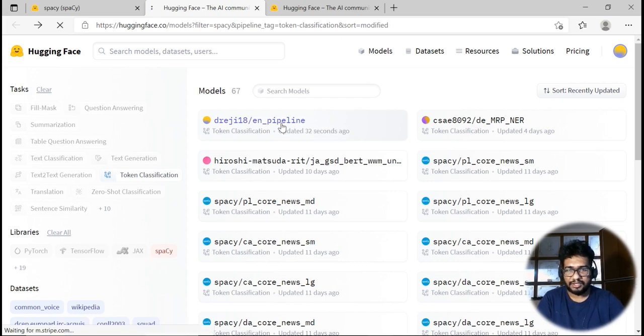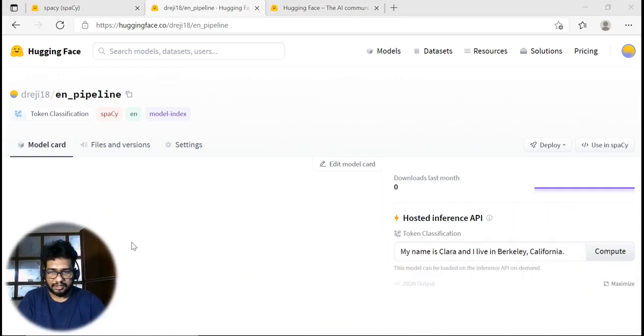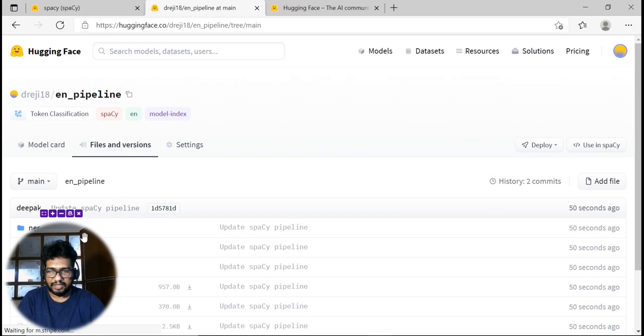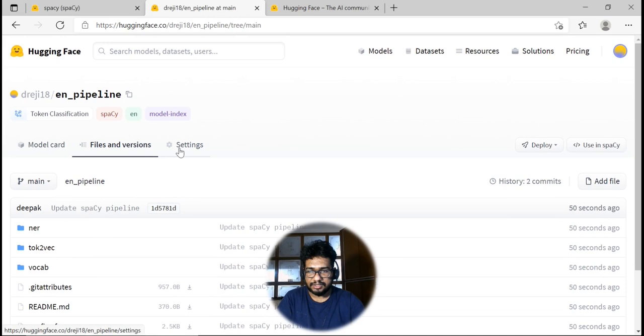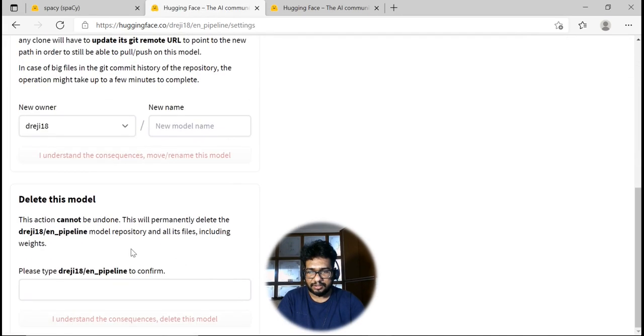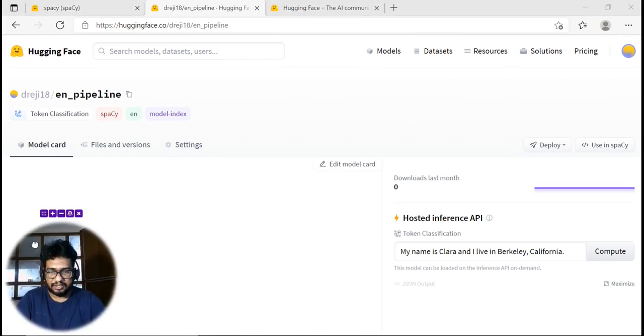If you go this side, you can see the DRegi 18 pipeline, then files and versions. Then we have the settings tab where you can even delete the model. Earlier I deleted it, and I just ran it once again for you guys.